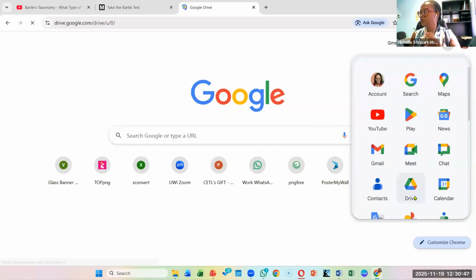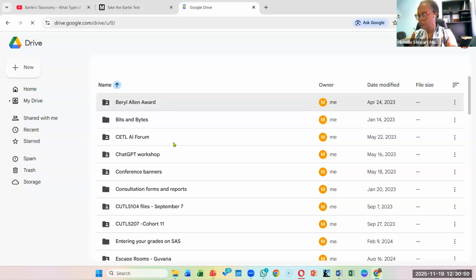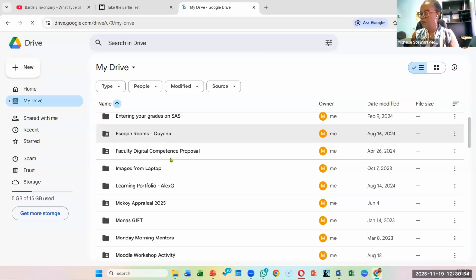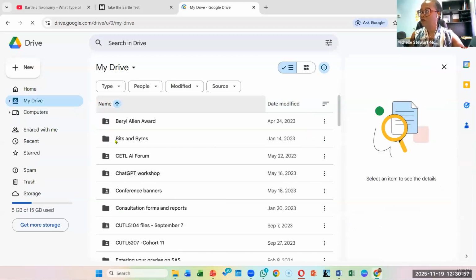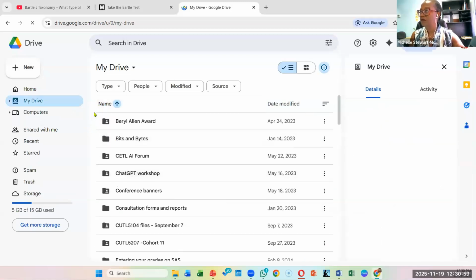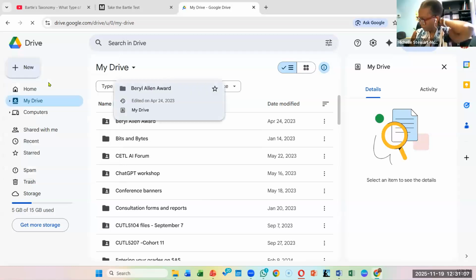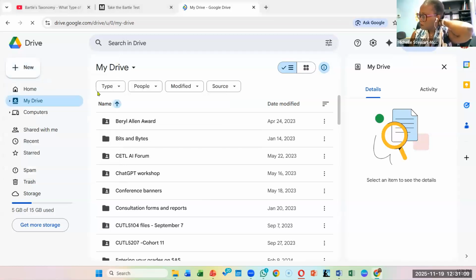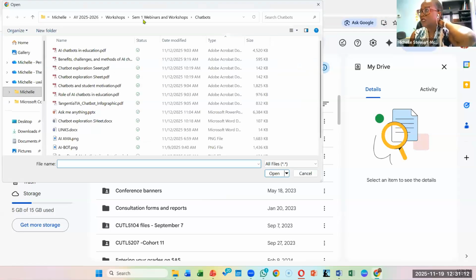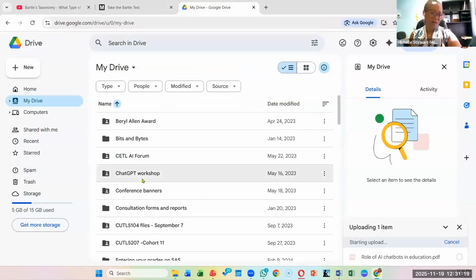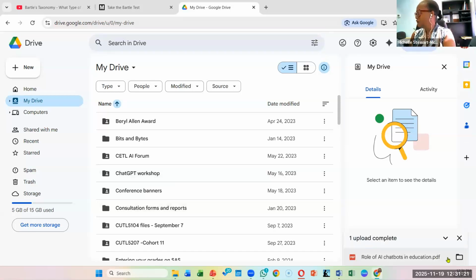I want the students to access a document. So this is new. So let me just see if I can find something. Let me create a folder and put something in there. Let me just create a new folder and a new file. Let me upload a file. I'm just going to find any file and upload it. The role of chatbots in education. So let's upload that. I know nothing with game based, but I'm going to upload that file